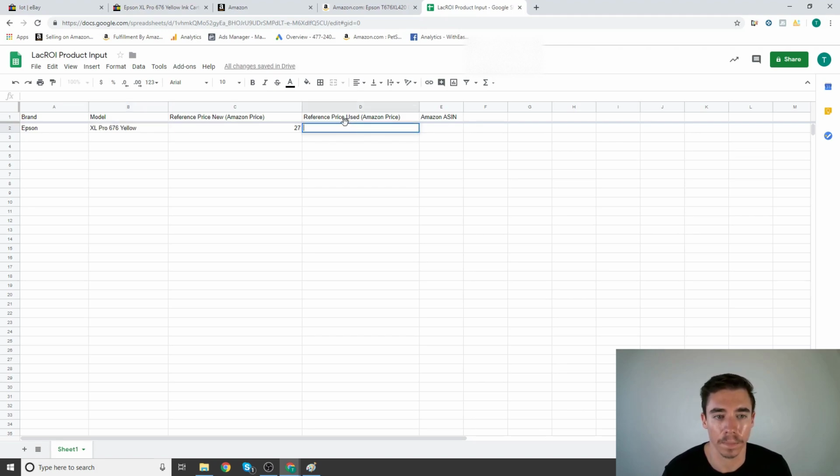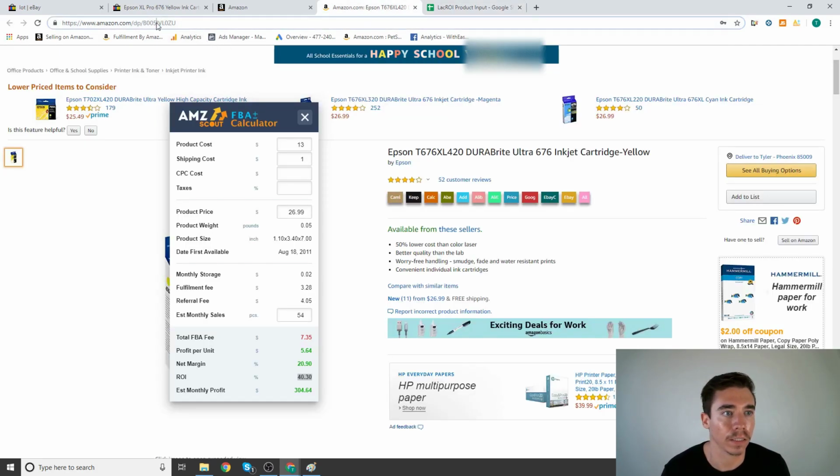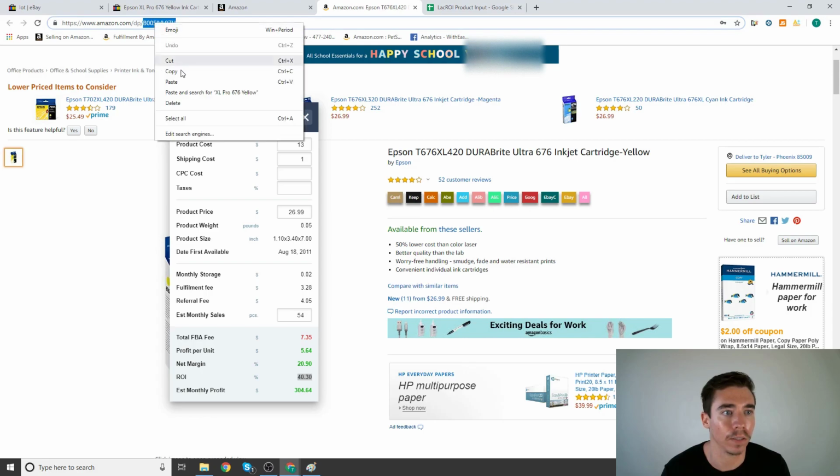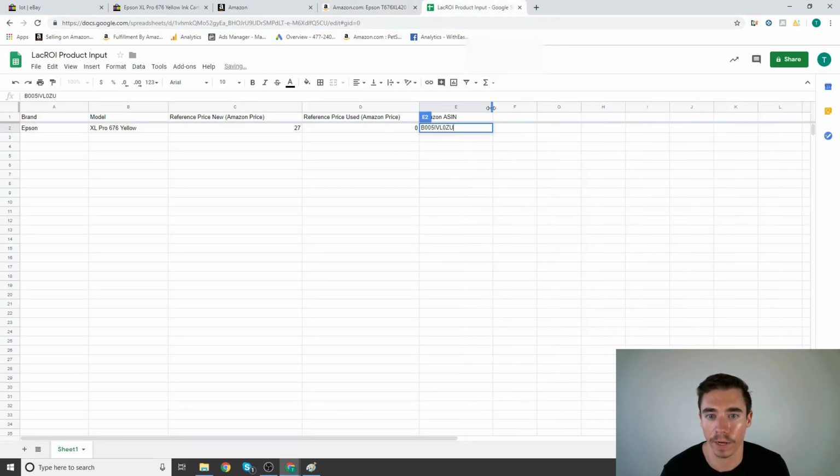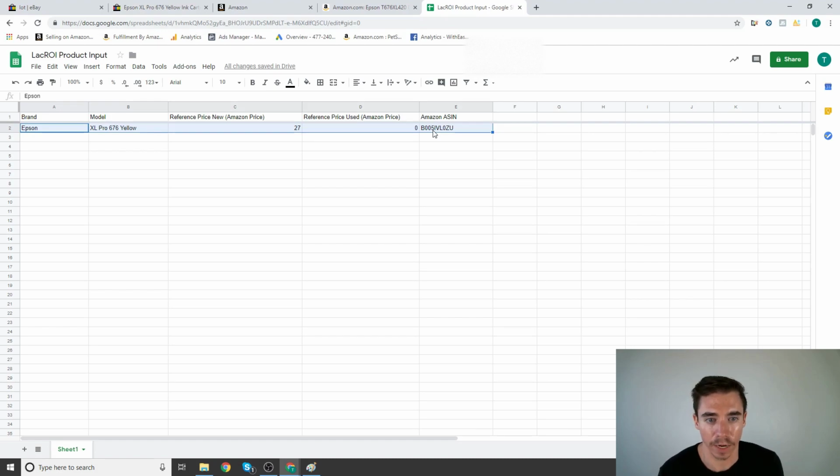Price used. I don't think that I would ever sell this particular product used. It's too cheap new. I'm just gonna put 0 in there. Amazon ASIN. Like I said before, it's in the URL on Amazon. So you can grab that ASIN from the URL, throw that right in there. And then this product is ready to be put into our software because when you